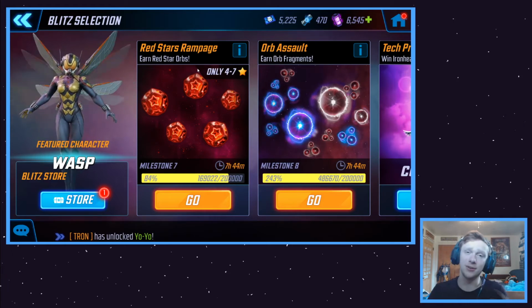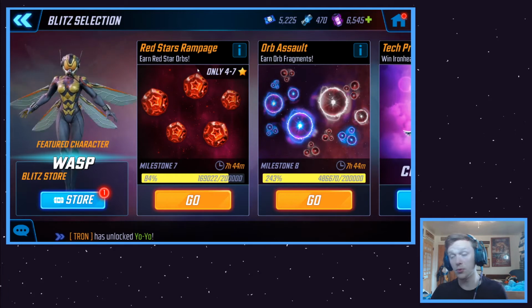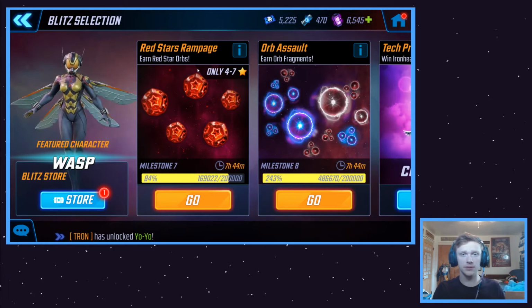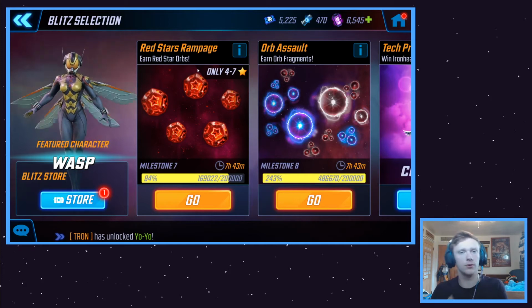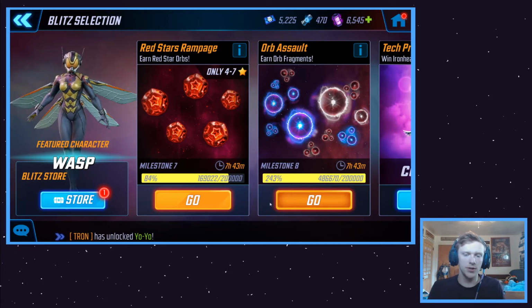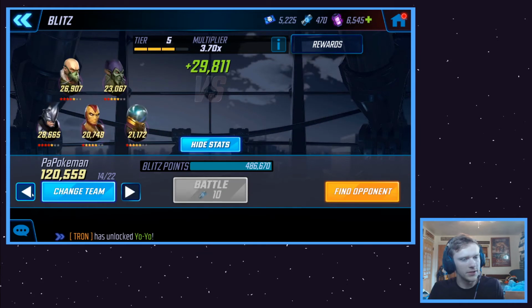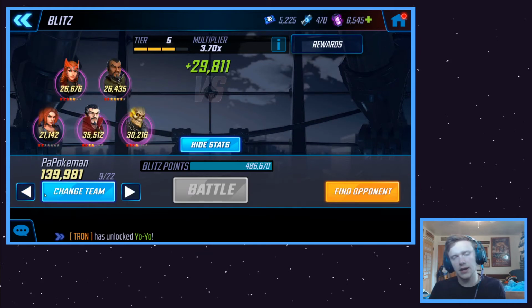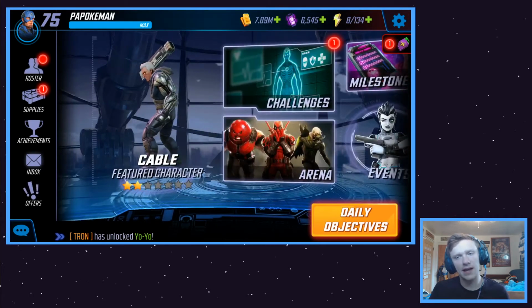But at that point, you don't have to use Unity characters anymore, because you don't need the points from using them to complete the Unity Blitz milestones. You just need to fight in the battles to earn Unity Orb fragments. So you can use any characters past that point. What I will be doing is, once I finish completing these milestones with my Unity teams, I'll delete them, and I'm just going to run teams 1 through 16 as much as I can, get as many Unity Orb fragments as I can, and then just try to complete the milestones, because really that's what you should be eyeing